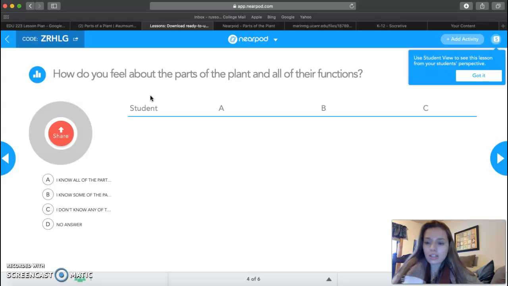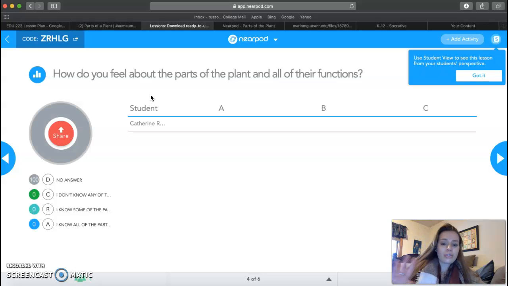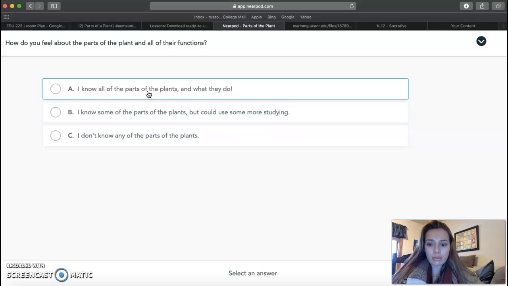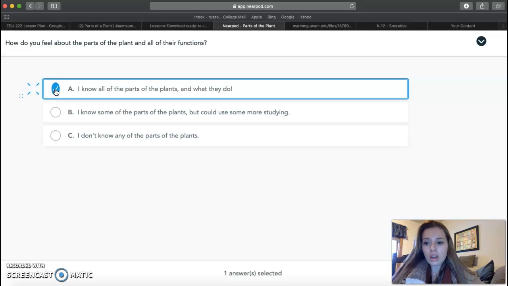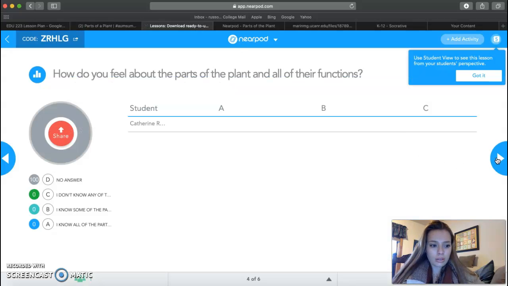And then this is just a question, a little survey. It says, how do you feel about the parts of the plant and all their functions? So the students, once again, they'll respond, I know all the plants, what they do. All right, so let's just say that is ours, and then we're just going to submit it. And so then we'll just continue